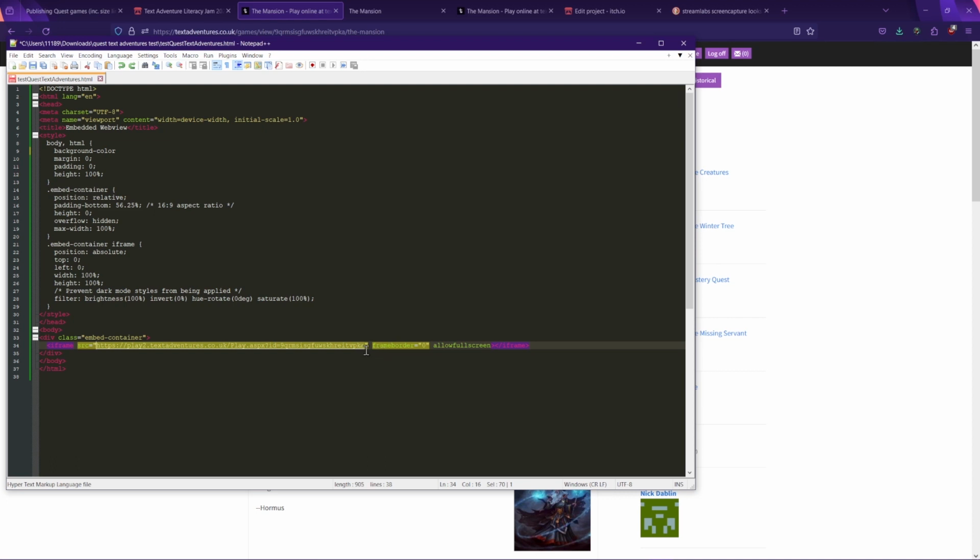And then we say frame border is 0. That removes a black outline that would normally come from an iframe. And we are going to allow full screen. And that's it for the HTML code. So if we were to save this now